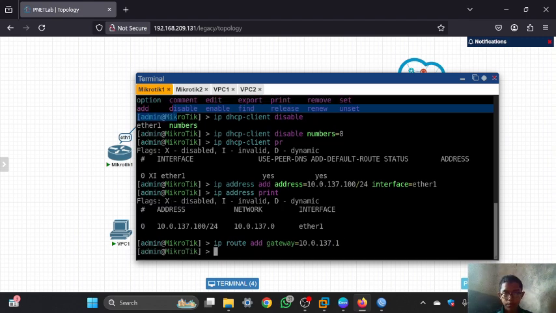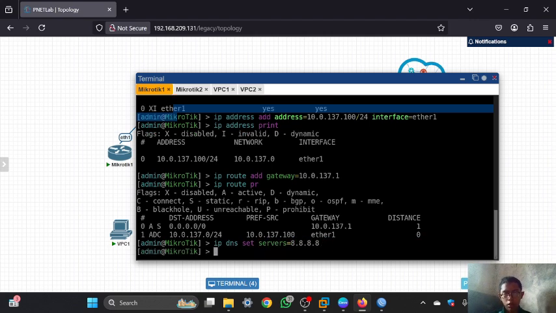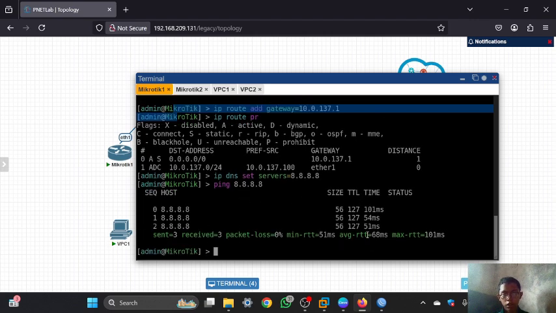And you can click enter, and you can see it in here. Now it has been configured, and I will set the DNS server so the MikroTik one or the site center can ping to the domain. So to configure it, you can go to IP and then DNS set server. I'm using the IP of Google, and now you can try to ping to Google via IP or via domain. And as you can see, it is successful.